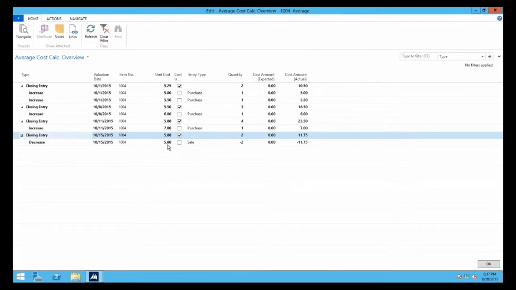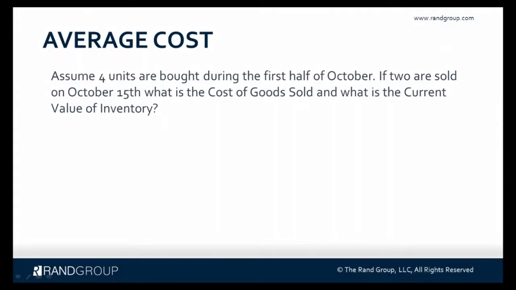So we sold 2 items for $5.88, which is our cost of goods sold of $11.75. We also have a quantity of 2 on hand. So 2 times our unit cost of $5.88 is $11.75. An example of an item which may have this sort of cost flow is nails, because they are typically bought